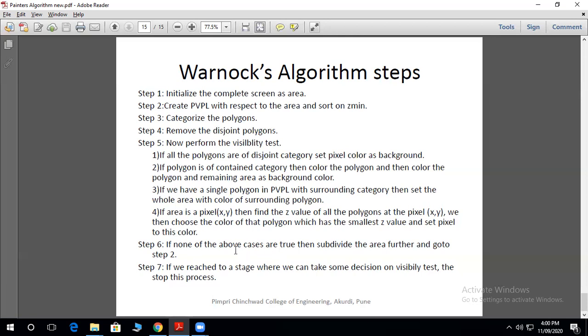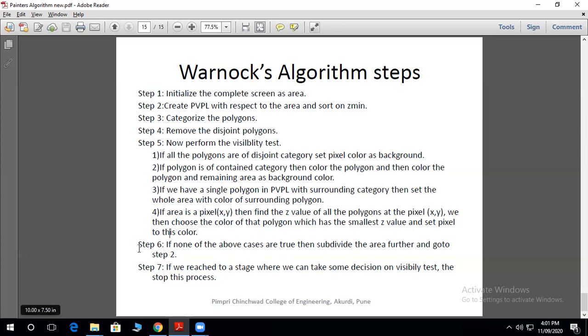So this fourth case is if the area is the pixel xy, that is neither 1, 2, nor 3. In that case, we need to compute the z coordinate of the pixel of all the polygons in the list, and the pixel is then set to the color of the polygon which is nearest to the viewpoint.